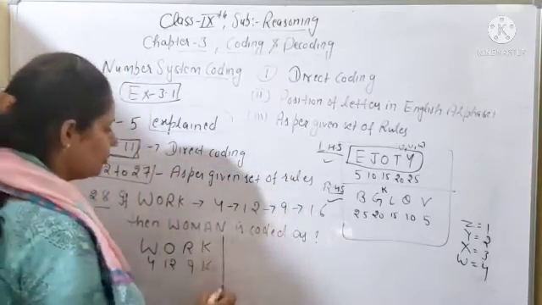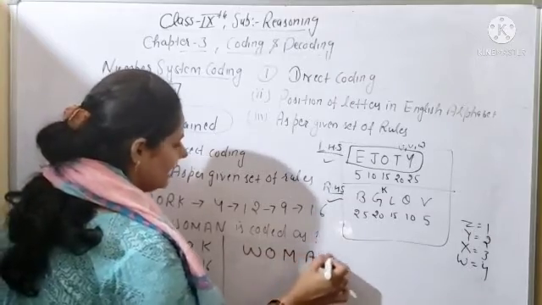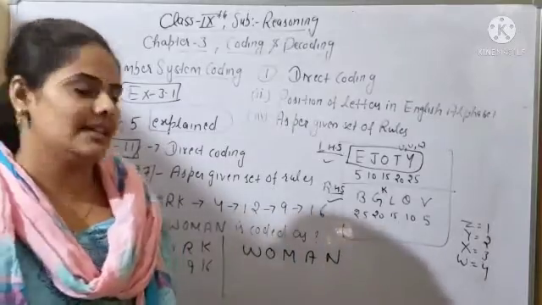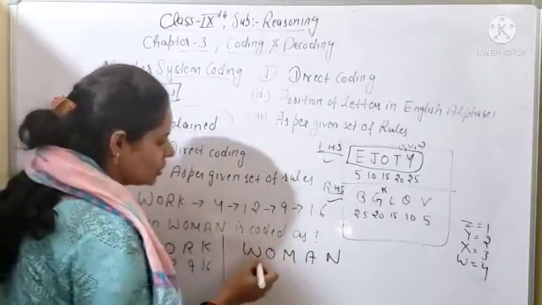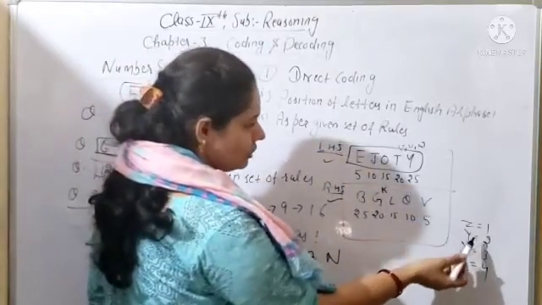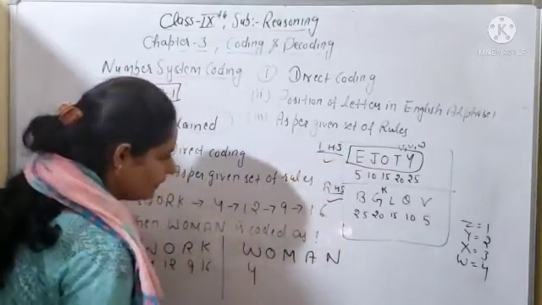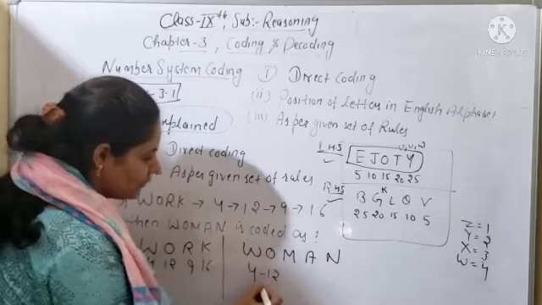It means you have to write the letters W, O, M, A, N and all the letters are coded from your right hand side. So you will write the position of the letters. So what will be the position of W? So W, I have already told you, it will be 4. So position of W will be 4. O position that also we have found, it will be 12. So after 4 it will be 12.